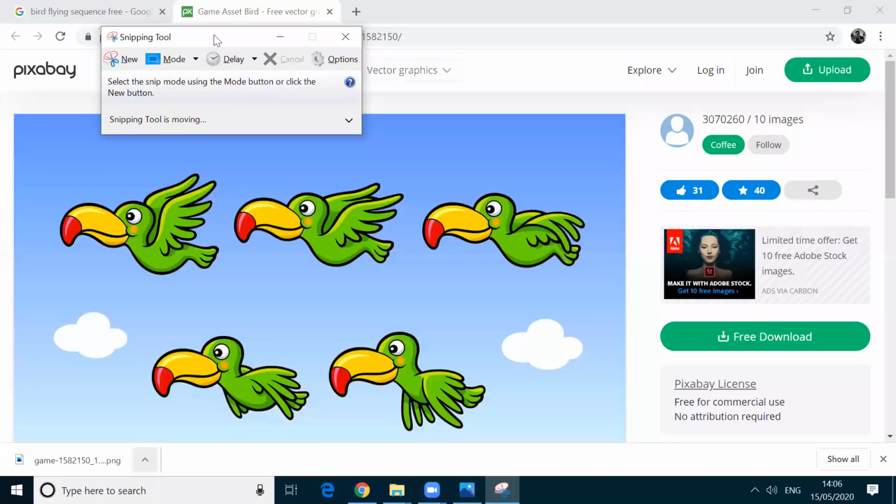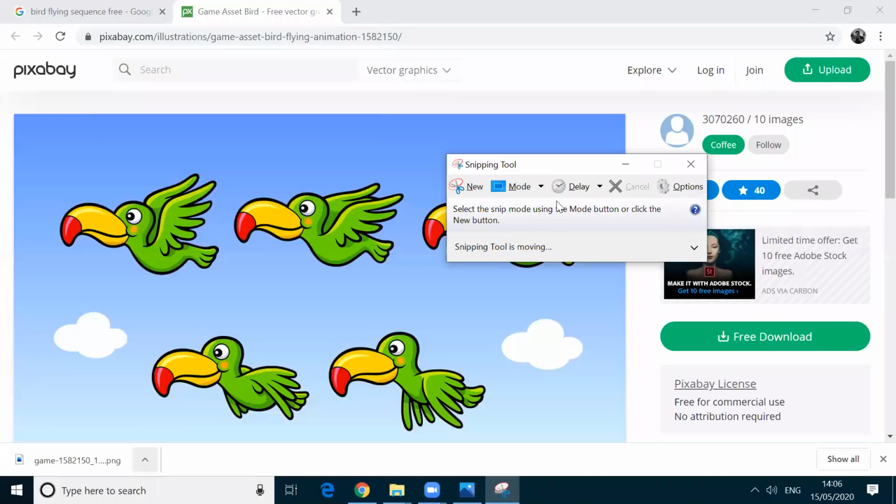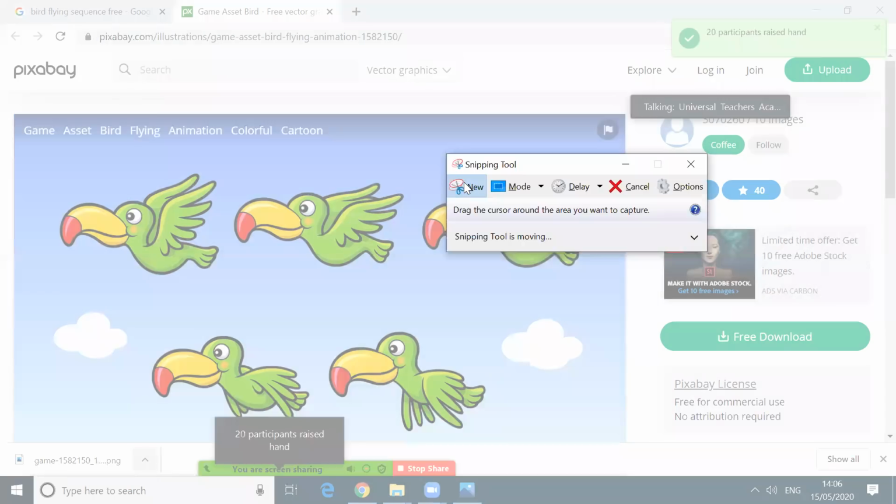Okay. Now, after clicking the snipping tool, I get this dialog box. This snipping tool is opened. Here I am having new. It means if I click here the new, now the entire screen has become deactivated.